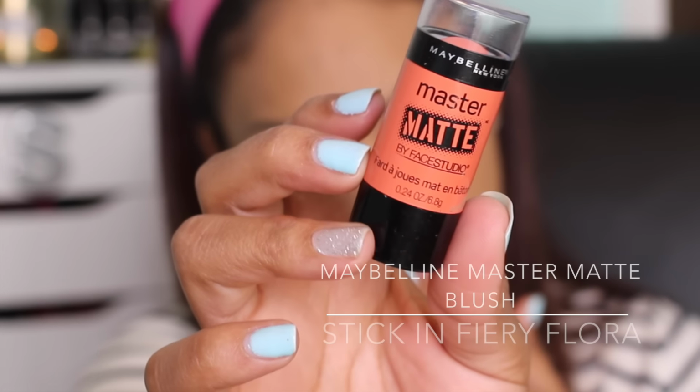So to color correct, I'm using the Maybelline Master Matte Stick in Fiery Flora to help conceal the dark circles